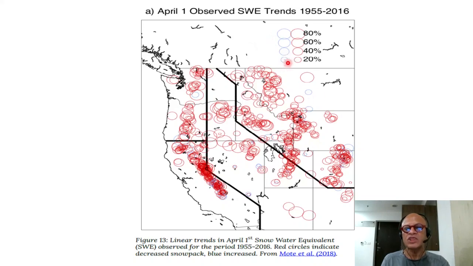There are a few regions with order 20% to 30% increase, but the red circles are all over the place, which means over these decades, snowpack in terms of the snow water equivalent has significantly decreased, up to 80%. This region is climatologically dry, related to the climatologically cold East Pacific temperatures and coastal temperatures, but obviously some mountain regions and some parts of California and Washington do get plenty of snow and rain, but they are in extended droughts